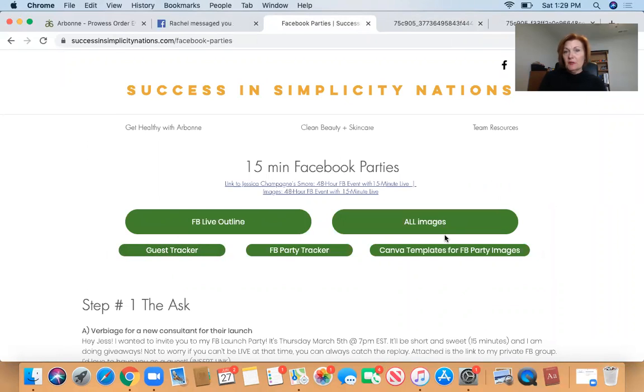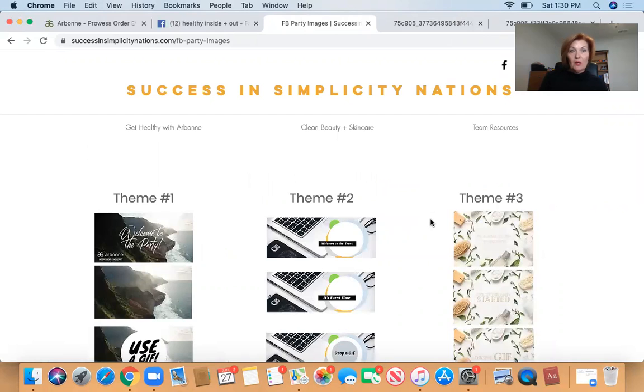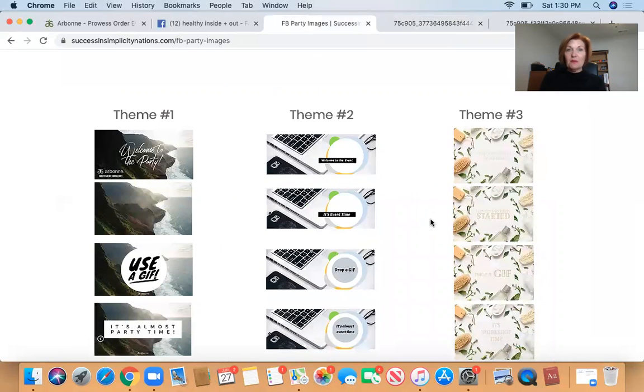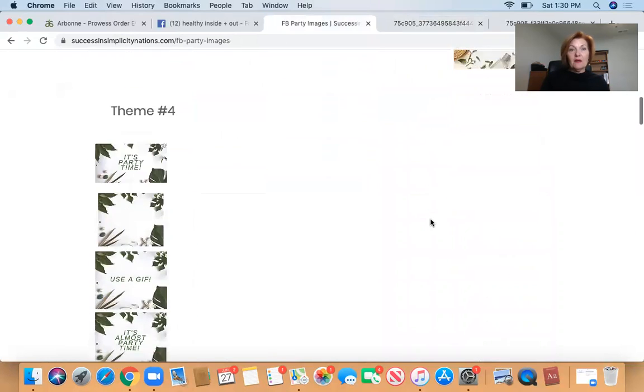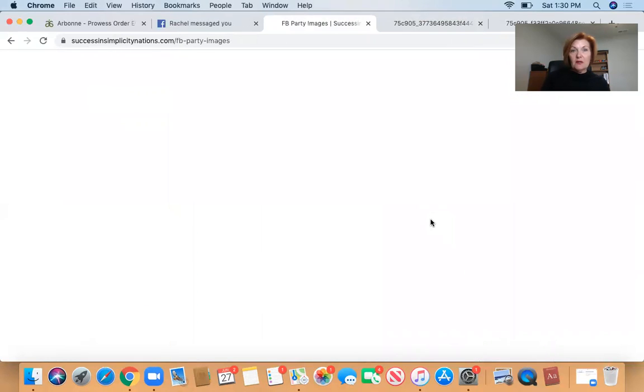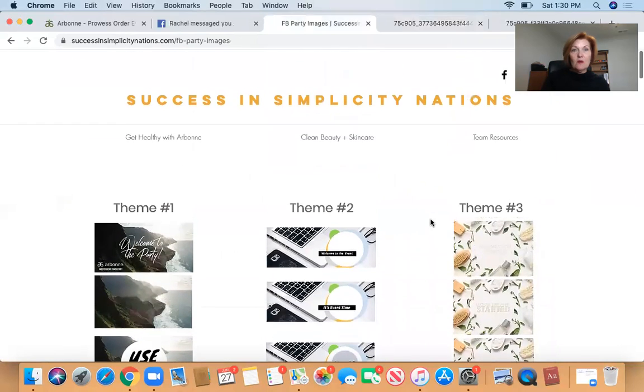Second thing I wanted to show you is the images are here. You just want to keep your image consistent, so you can choose whatever image you want. Like these are some different themes that were put together by a national vice president, Jessica Champagne. And then you can choose here these images, or